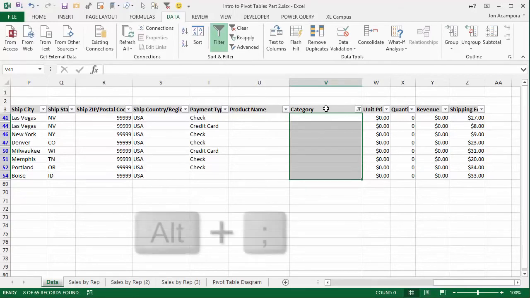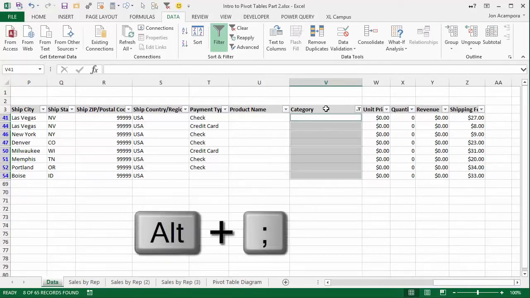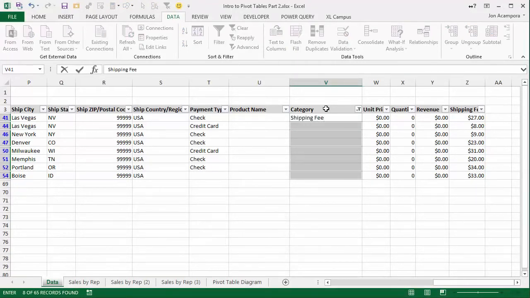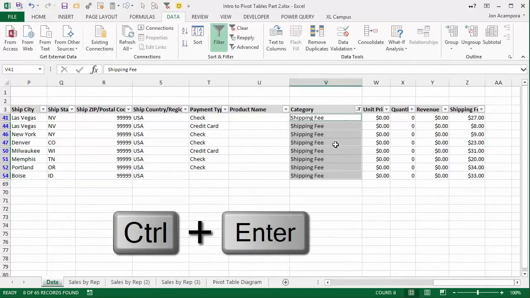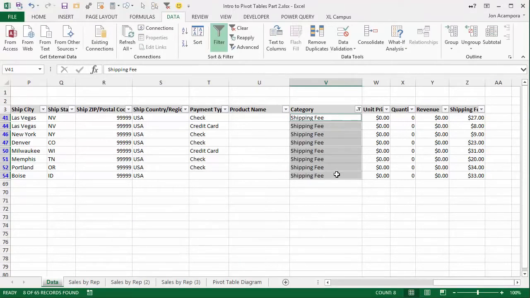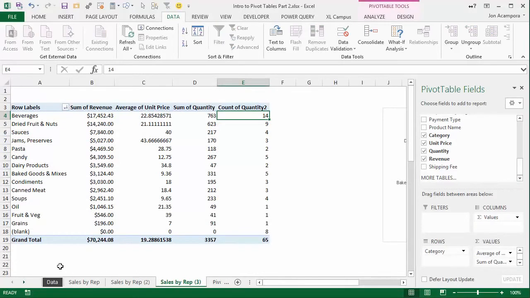So with those selected, I'm going to use the Alt semicolon shortcut to select visible cells. Then I'm going to type shipping fee in here. And now I'm going to hold down the Control key on the keyboard and hit Enter. And that'll fill that value or formula in all the selected cells. Control Enter does that. So now if we go back to the pivot table, we'll see it still says blank